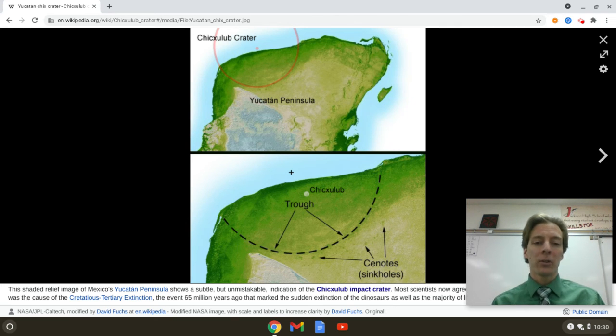And there's a layer of iridium rich dust all the way around the Earth. This hit kicks up a lot of dust. Dust lays on every rock surface in the whole thing, and then it gets packed in and is just normal in the layers, right? Just another layer. That layer has a lot of iridium in it. Iridium is not very common on Earth, but it is common in meteorites. Those are some of the pieces that are put together to say this was the impact. This was the one that killed the dinosaurs.